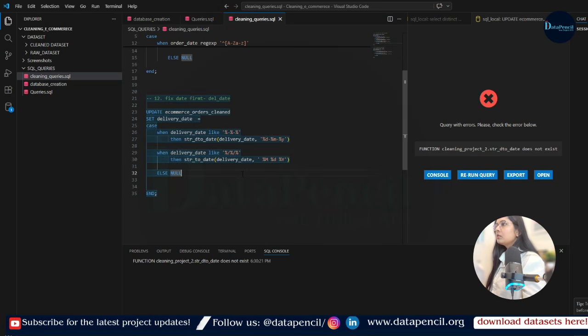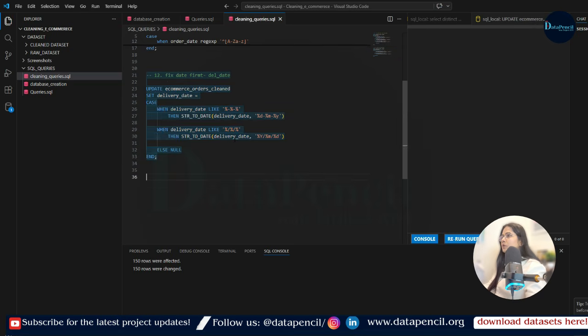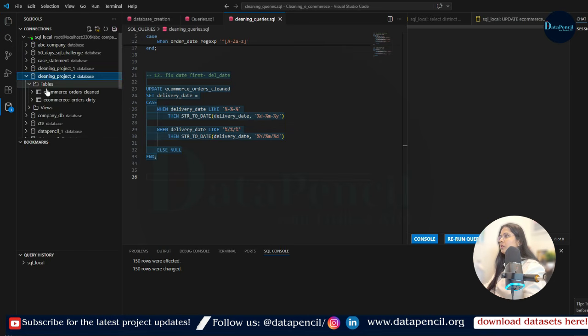What doesn't exist? Cleaning project 2, string to date doesn't exist. Okay, string to date, yeah, fine. Now let's run it again and it's done, guys. Now if you want to see whether your date formats are fixed or not, we can simply